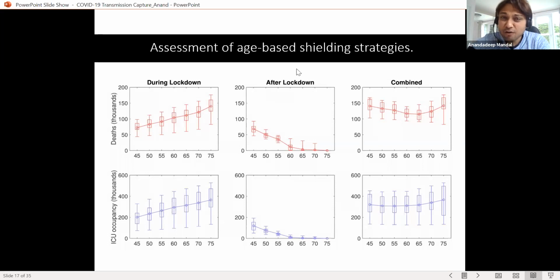Now, after lockdown, what we see is a reverse effect. If you restrict it to 45, there is a chance that the number of deaths will increase after lockdown. Why? Because when you restrict it to 45, after the lockdown all categories will go out. These categories are more susceptible because they are more aged, so their immune system is compromised. So if you lock it down from 45, the number of deaths is low, but after lockdown, the number of deaths is high.